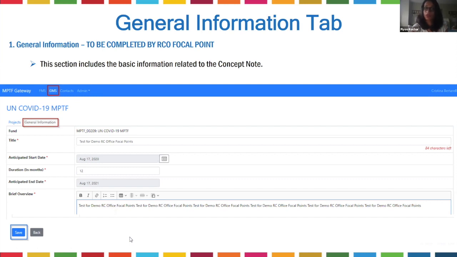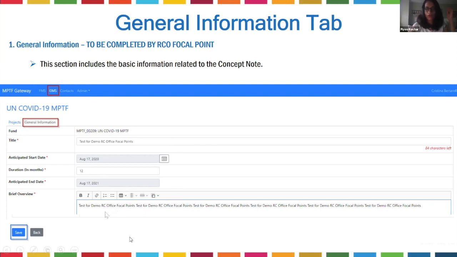So we'd appreciate if the duration of the months is less than that. Otherwise, the system will also give you a prompt if it goes longer, because I'm sure you know the fund is still April 2022. So in any case, you can't have implementation longer than the lifespan of the fund. And once you enter the number of months, the anticipated end date gets calculated automatically in the system.